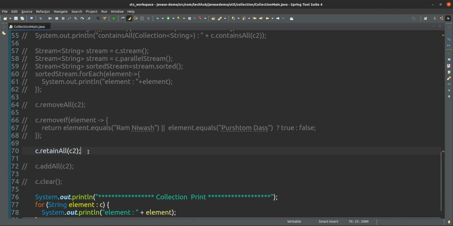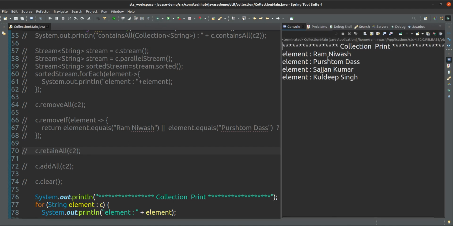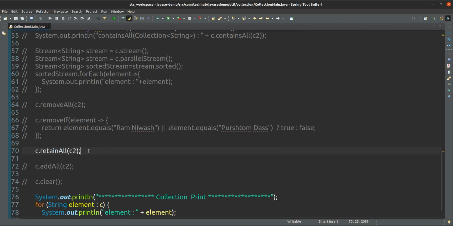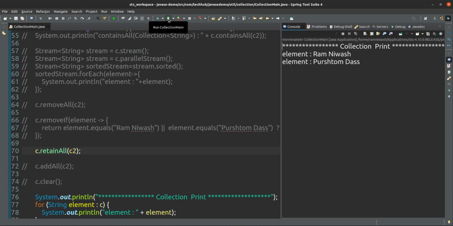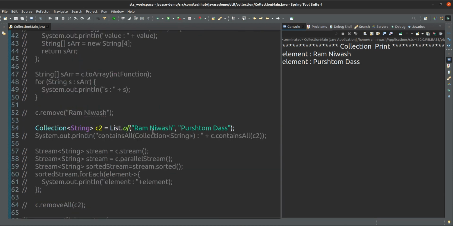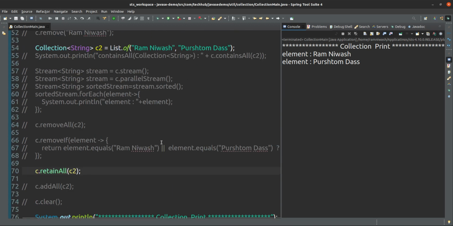You will see, before retain all, if I run once, what will be the elements of the collection? 4 elements are there. If I retain all C2, whatever elements are present in C2, keep only those elements, other elements just remove. So in C2, Ram and Purushottam are there, so it's just keeping Ram and Purushottam, others it is removing. That's it. Okay.